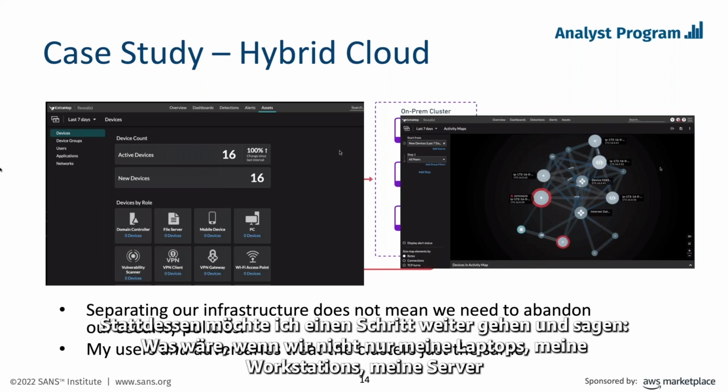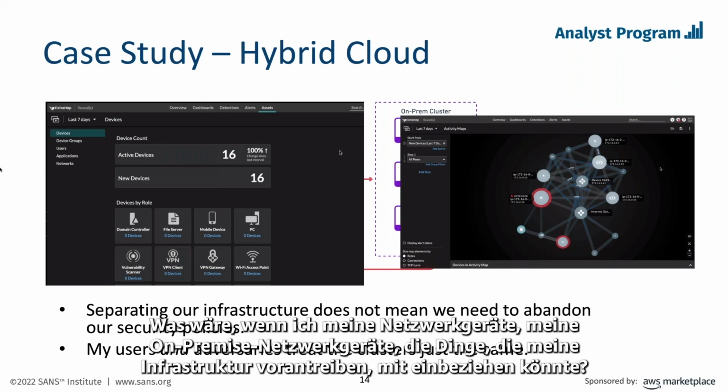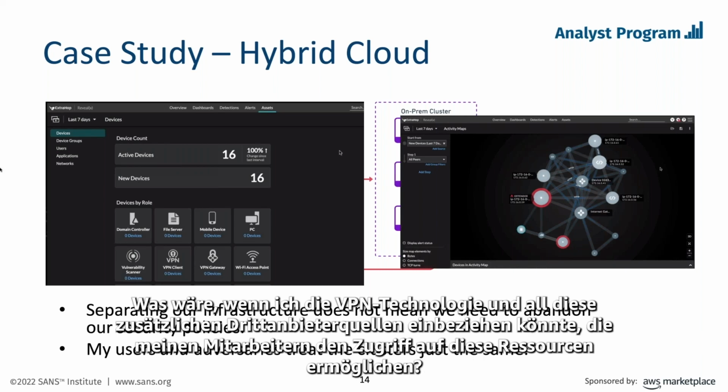Instead, I want to go a step further, and I want to say, what if we could go beyond just bringing my laptops, my workstations, my servers, and my virtual machines together? What if I could include my on-prem network devices, the things that help drive my infrastructure? What if I could bring in VPN technology and bring in all those additional other third-party sources that allow my employees to access those resources?